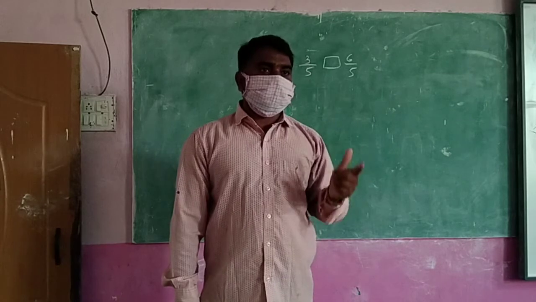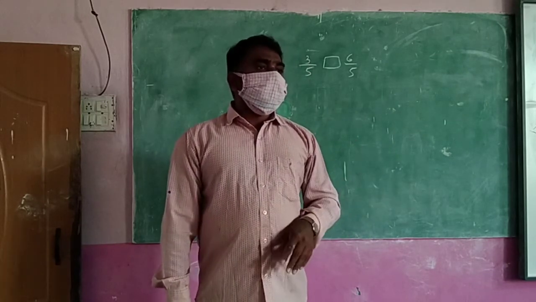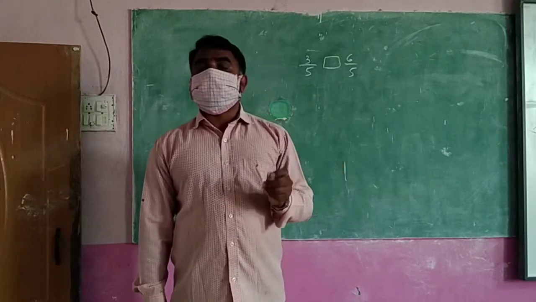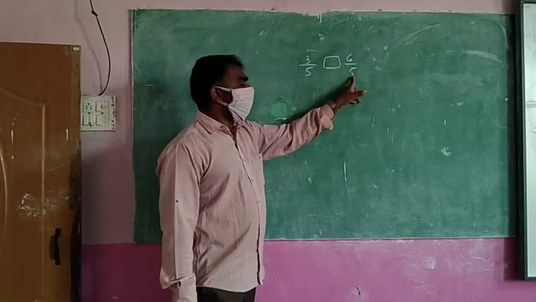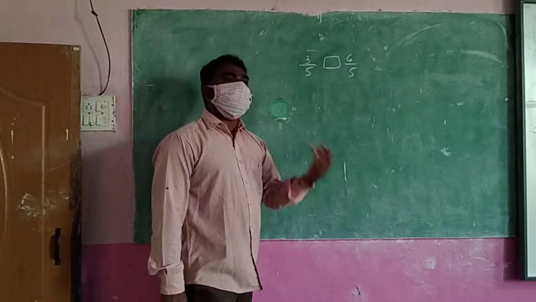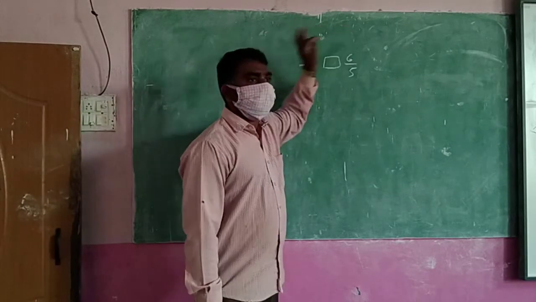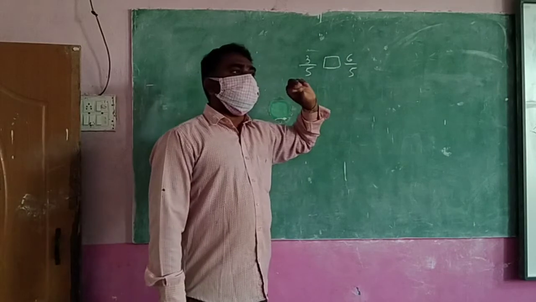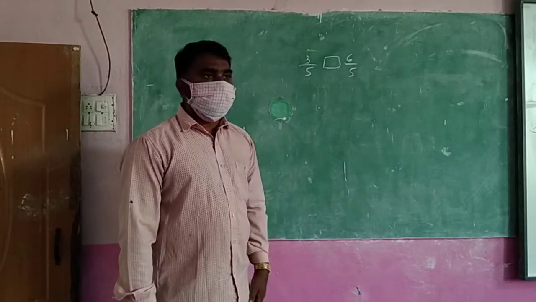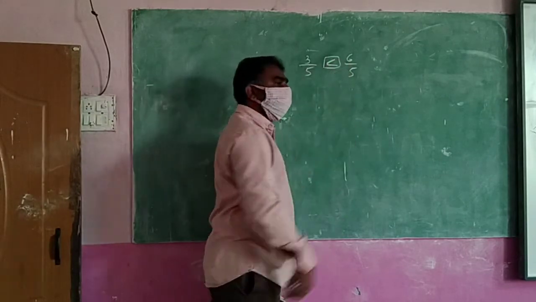Like fractions should immediately come to your brain. What is the meaning of like fractions? Same size. Same size is called like fractions. These are like fractions. So you can say which is bigger and which is smaller easily by seeing the pieces. Here 3 pieces are there, here 6 pieces are there. So which is bigger? 6 pieces are bigger. So immediately you can write it.